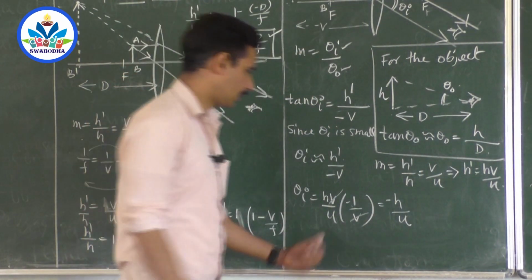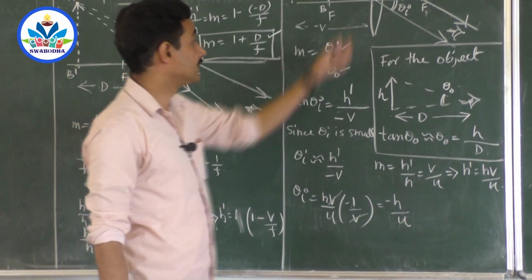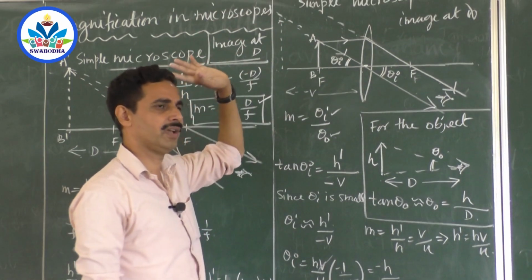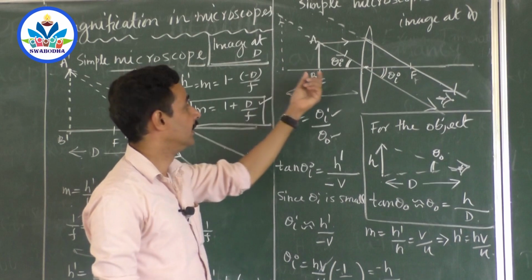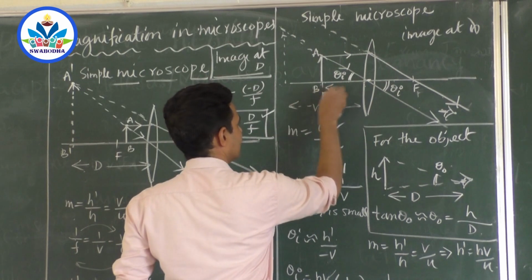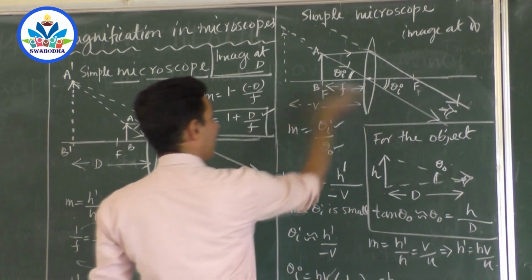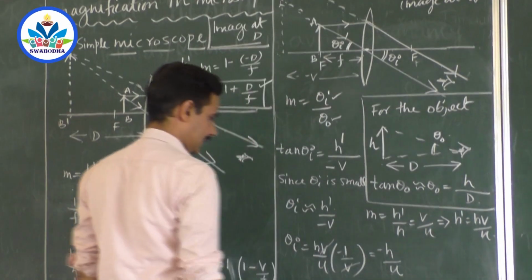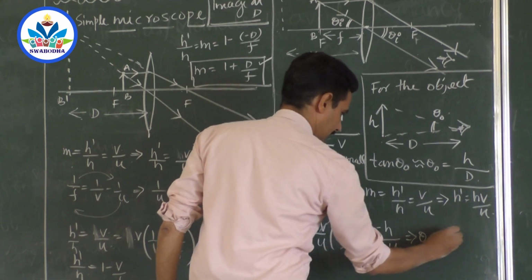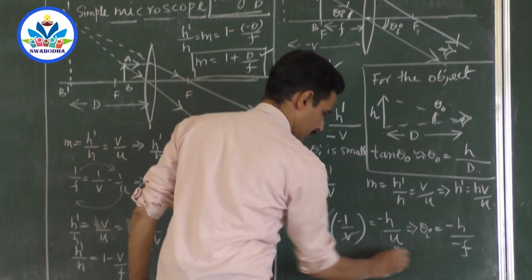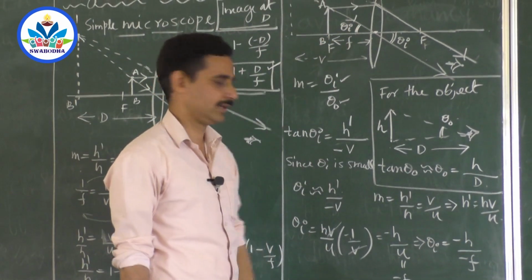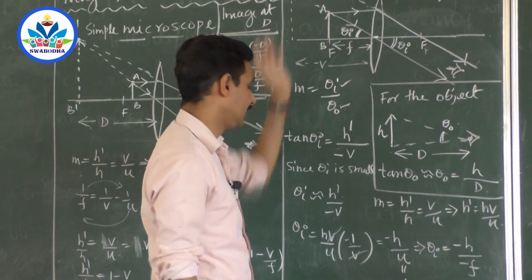Now one more thing, u. What is u? We have placed the object very, very close to the focus point, so that images are formed at a very, very large distance, highly magnified. So the image is at infinity and the object is at focus. So shall I write the object distance as focal length itself? But it is minus f. So shall I write u is equal to minus f? So what will this be? That implies theta I is equal to minus h divided by minus f, because u is equal to minus f. When the image is at infinity, the object is at focus, you know it.